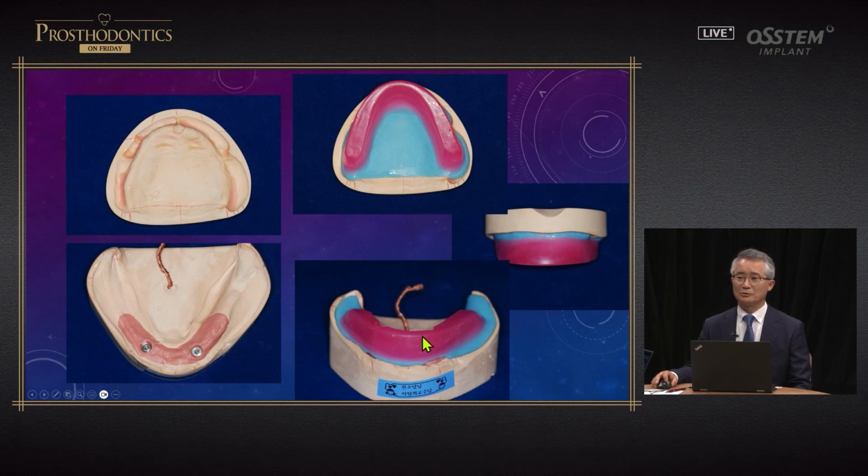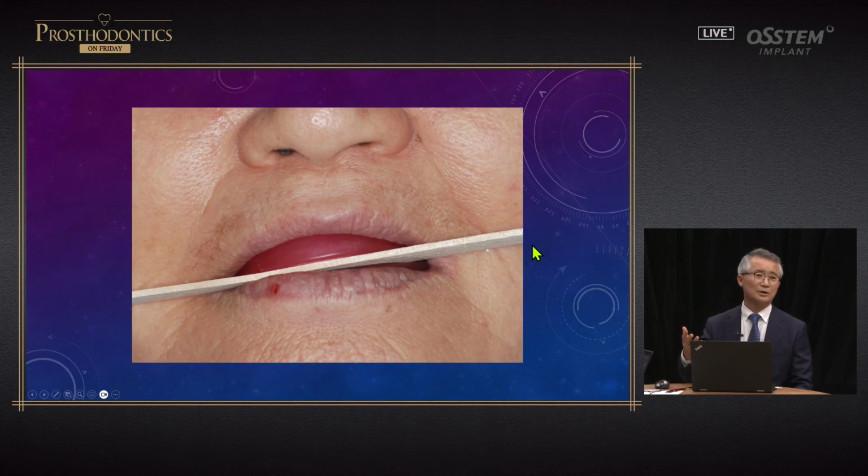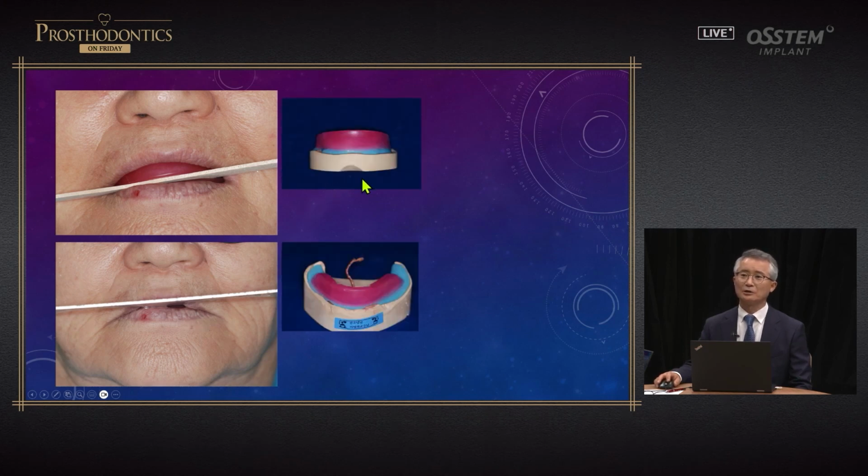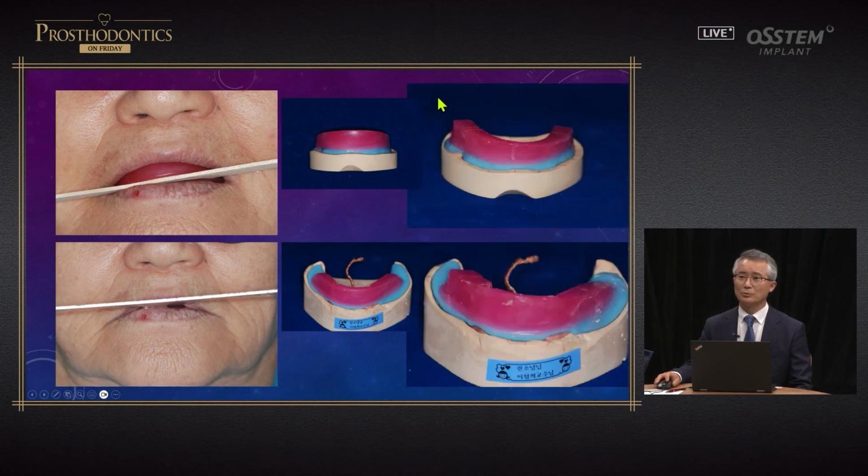The lab technician has made a wax rim. I did a try-in. You can see the canting here. There's inclination, so I worked long and hard to adjust it. After my hard work, you can see that canting has been reduced, but I was not able to fully adjust it. You can see how the wax rim has changed. It has become lower here and higher here. Here, it's the other way around.